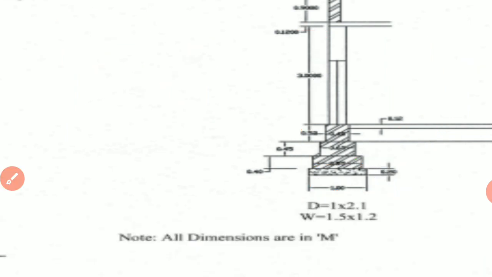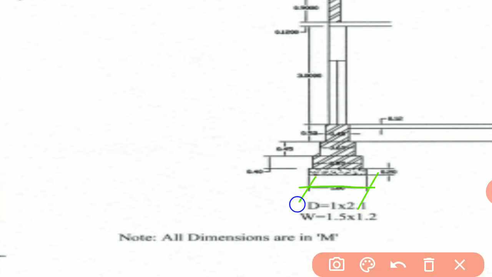So whatever the item of work we are going to do, we are going to add the width of that item. Okay, the width of the item, not the wall width all the time. So for excavation we will add 1 meter. Then this is PCC, plain cement concrete work.